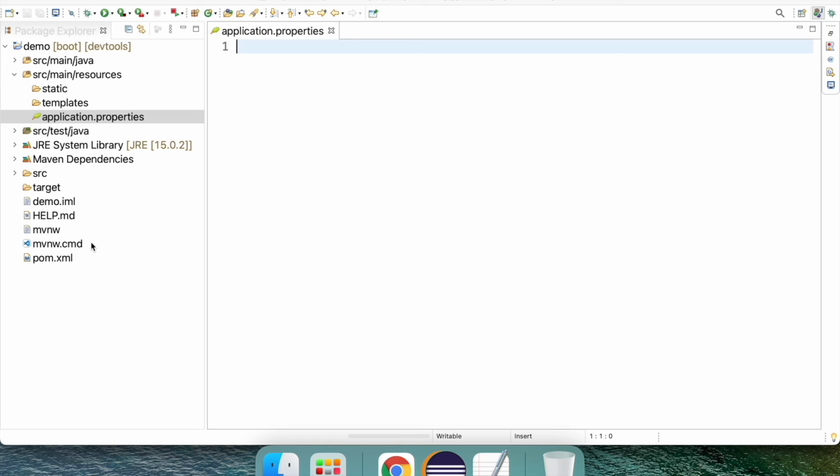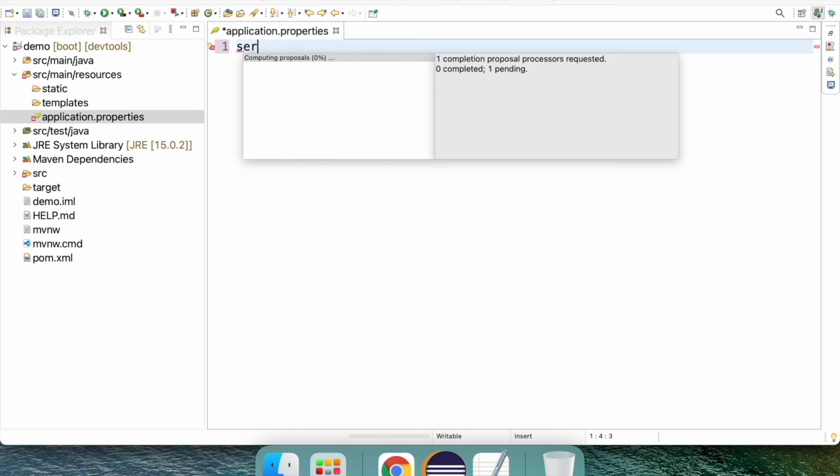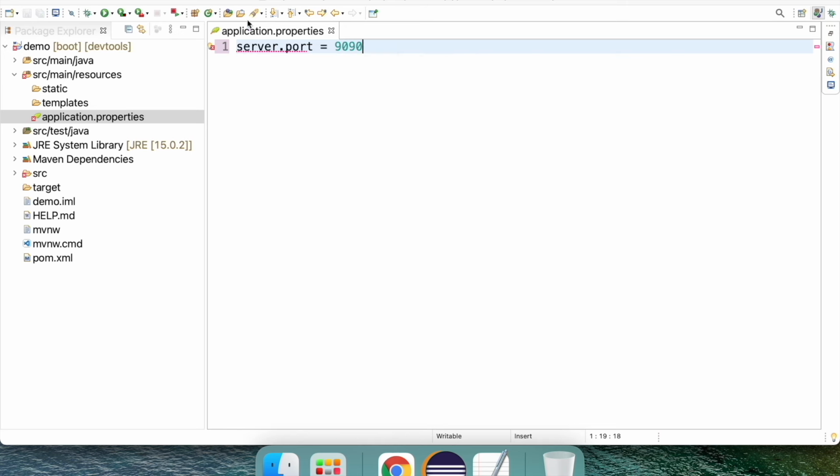As a Spring Boot application comes with inbuilt Tomcat, Tomcat runs on server port 8080. Let me override the server port to 9090. I'll put the property as server.port=9090 and click on save. That's it.